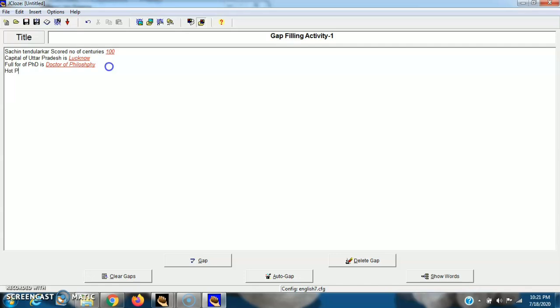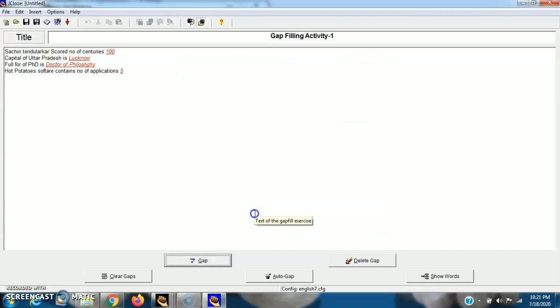Hot Potatoes software contains number of applications 5. We have just discussed it.